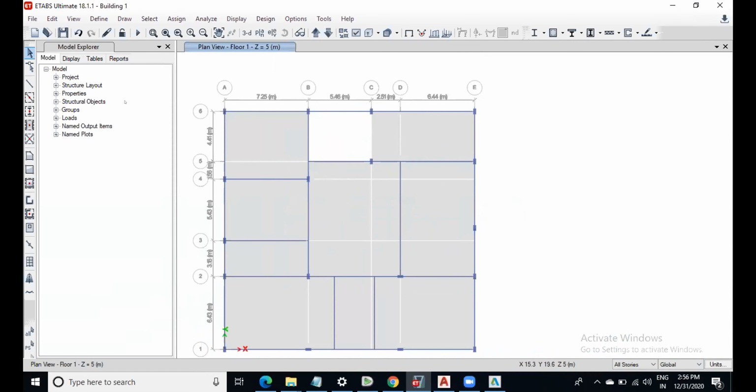Sir, if I select in this way, the columns should not be selected, right? Because columns also will be selected.